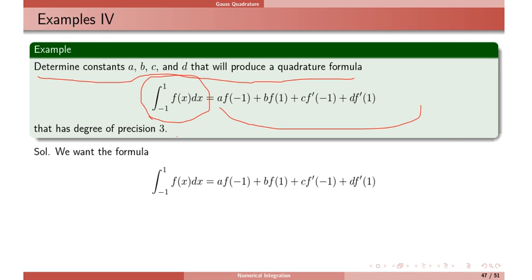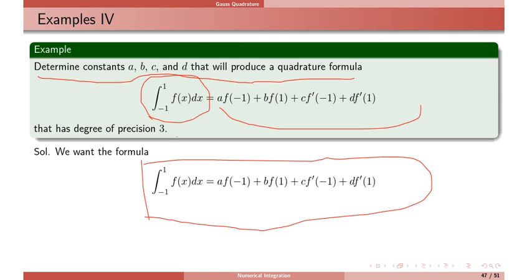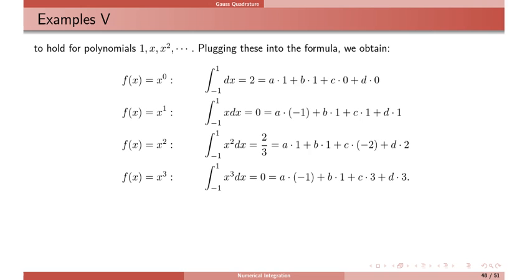So we start with 1, then x square, then x cube. So we will fit up to x cube, and that formula will provide an exact result up to degree 3. So the degree of precision is 3. To find 4 unknowns in this formula, we write 4 equations. What are the 4 equations? f(x) equal to 1, then x power 1, then x power 2, then x power 3. So substitute these values on the left hand side as well as the right hand side.